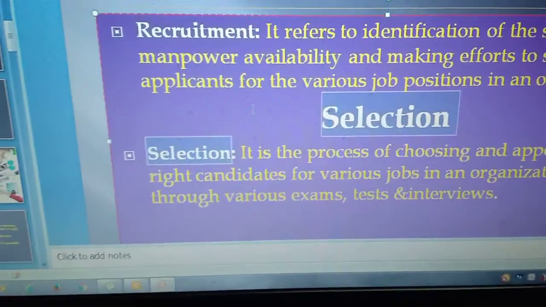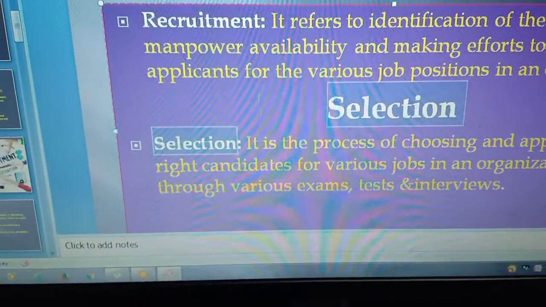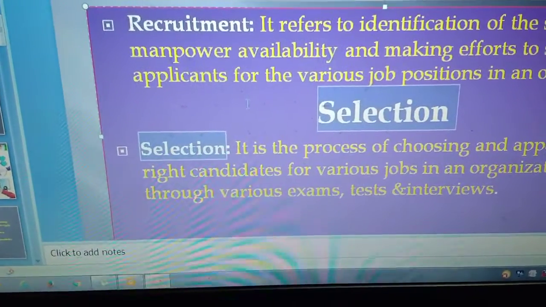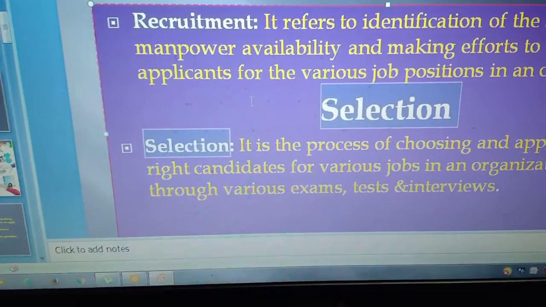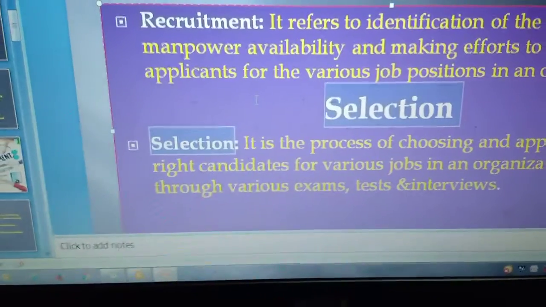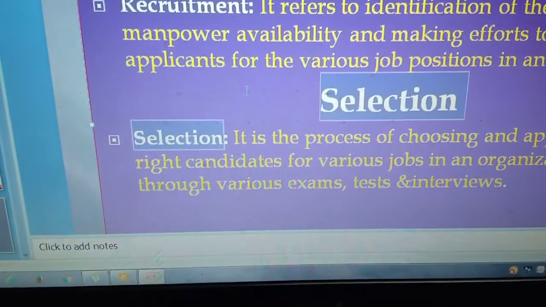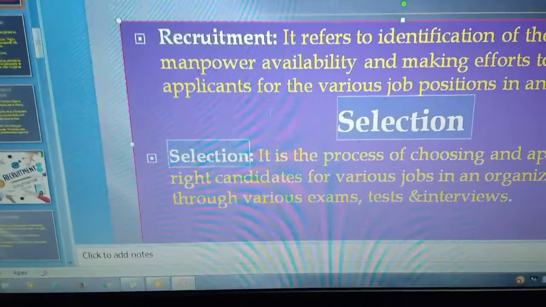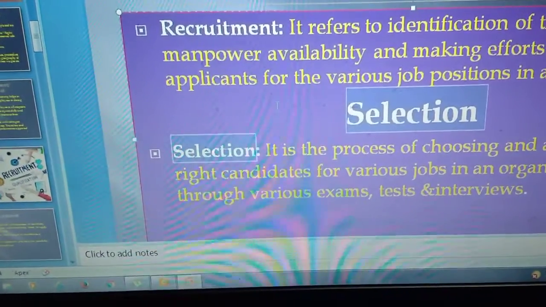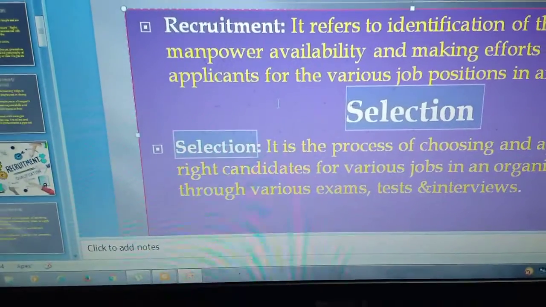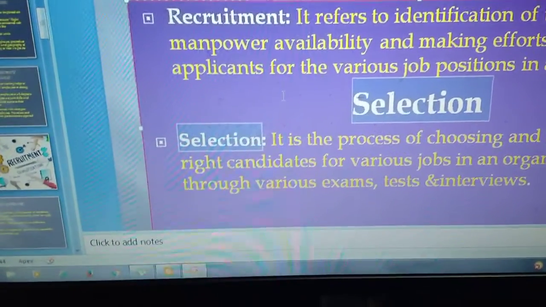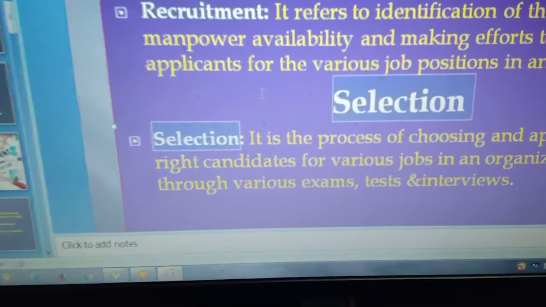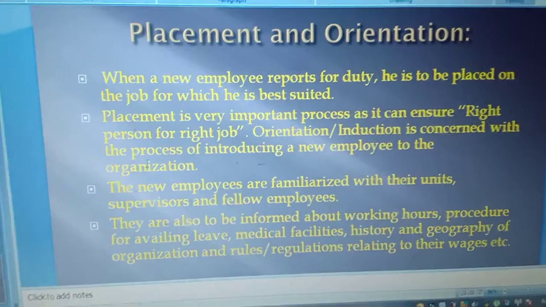For example, when the post of business studies is advertised, the school will select the best resume and call the selected candidate for the interview. Now the school will examine all the teachers that apply for the post of business studies through various exams, tests, interviews or demos, and we select the most appropriate candidate among the available candidates.